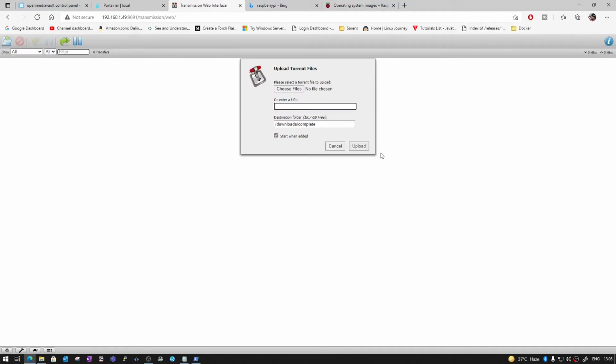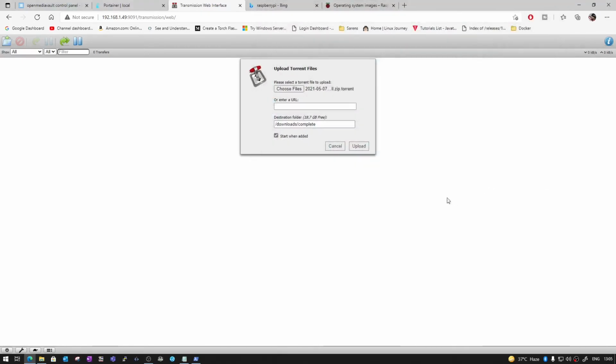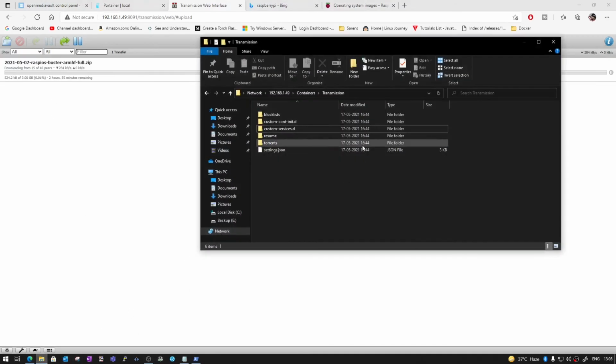We can either use the URL, or we can choose a file from our computer. So it's right here, open and upload. Once we do that, it will start downloading. It's a 3 gig image, and you can see it starts the download, and we can go ahead and check it from here.